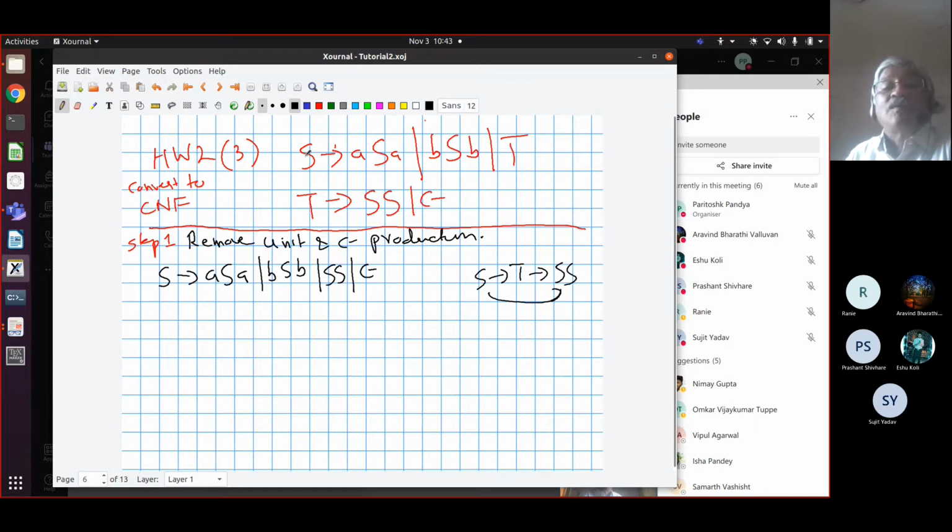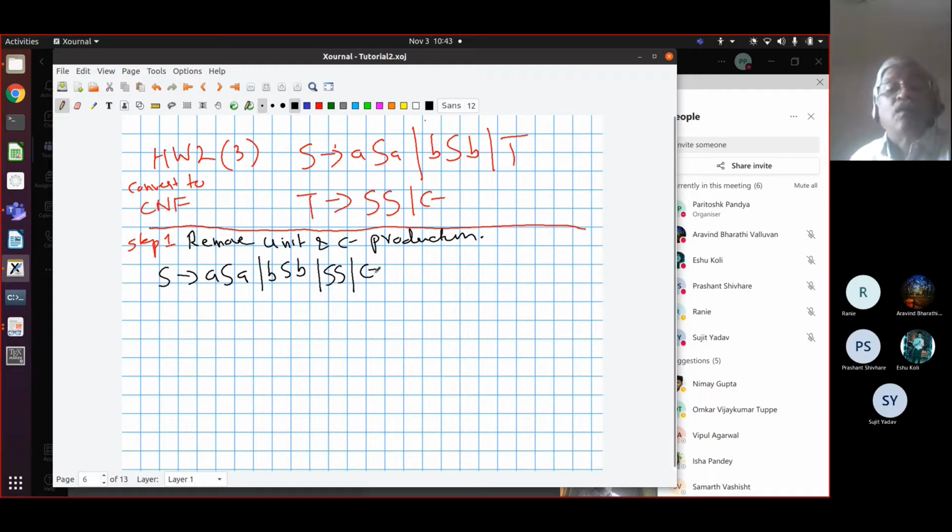And then what else do I have to add? What else do we need to remove that epsilon production somehow? That's right. So for epsilon removal, if T goes to epsilon and S goes to,